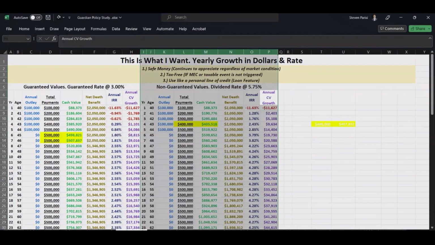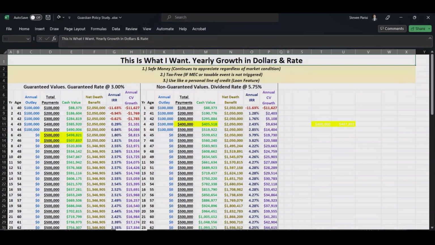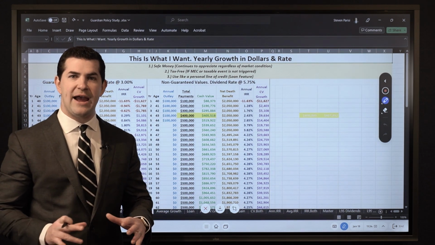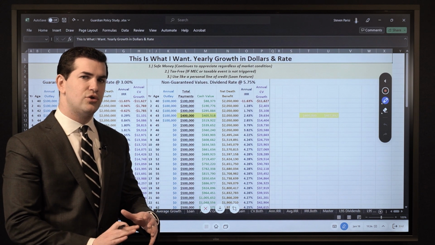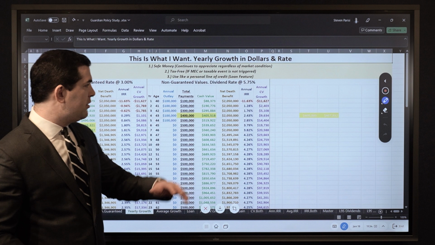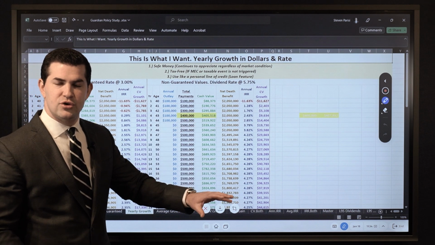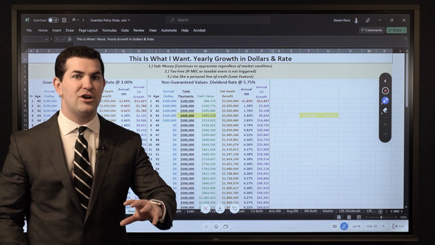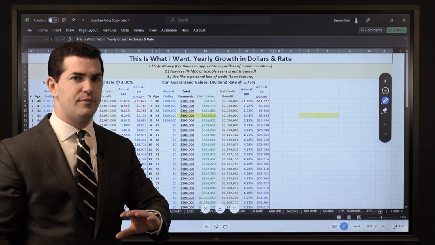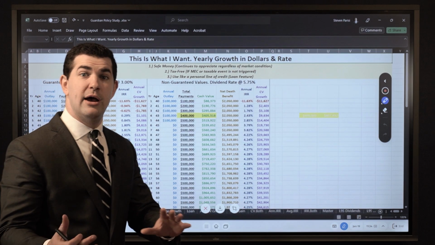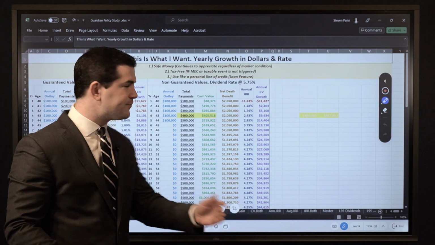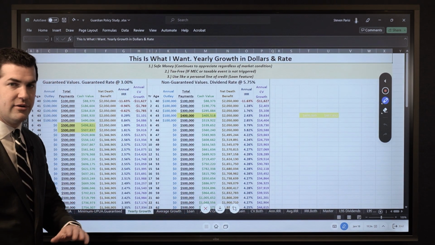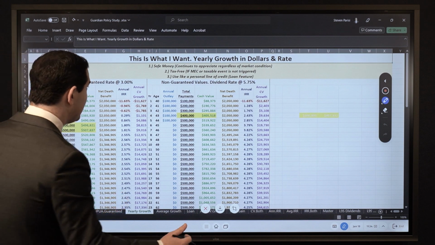So what we'll look at first, let's go back to the yearly growth example. We've got the present dividend rate right now. And Guardian's a company that, over the years, as we've tracked the actual performance, I've seen them deliver in many cases spot on with what was illustrated, meaning if they illustrate $300,000 next year on their illustration, and then we look at the annual statement and the actual value over the course of the year, it hits exactly that $300,000, assuming the dividend rate has not changed, and it also assumes we've made payments all up front. But my point is, we've seen them deliver along with all of the major mutual companies as we've studied them.